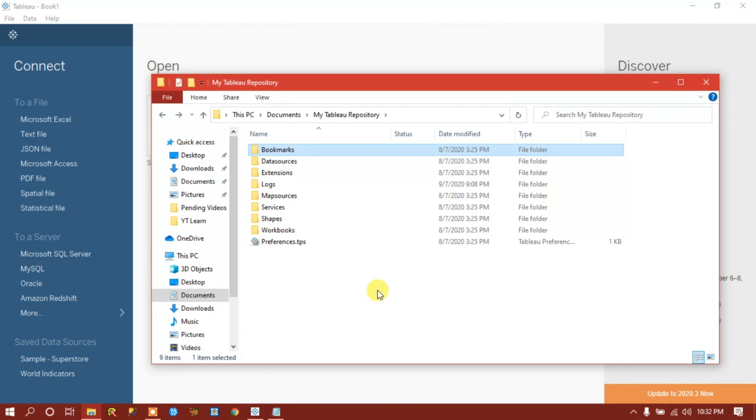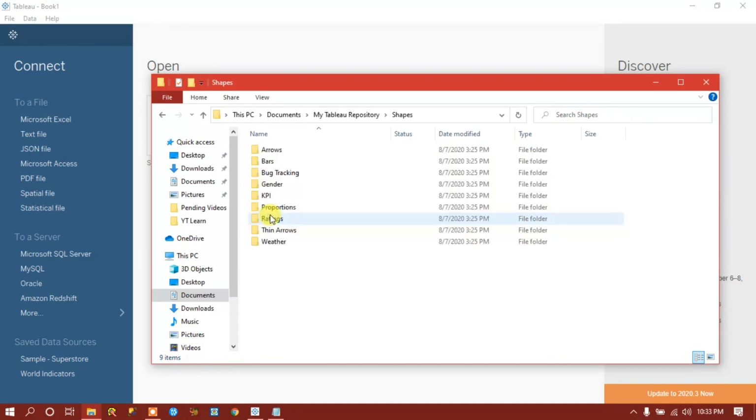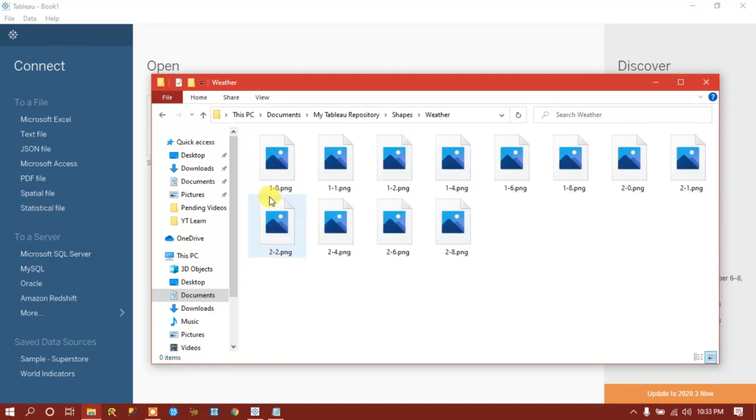It creates logs, and the Map Services, Services, Shapes, Workbooks. Shapes has pre-installed shapes that come with Tableau. In case you want to use custom shapes, you can create your own folder inside the Shapes folder and have your own shapes.